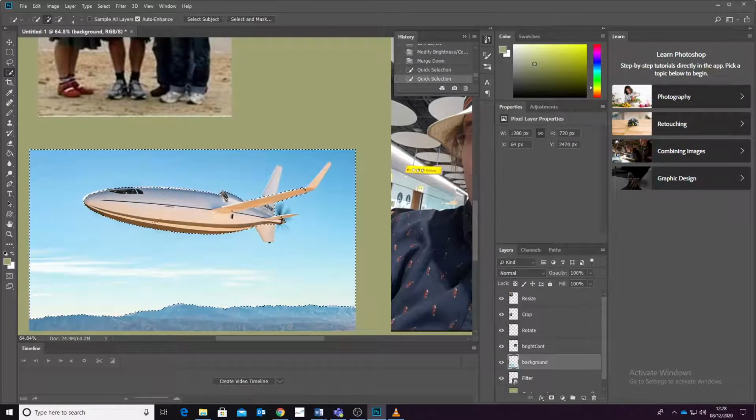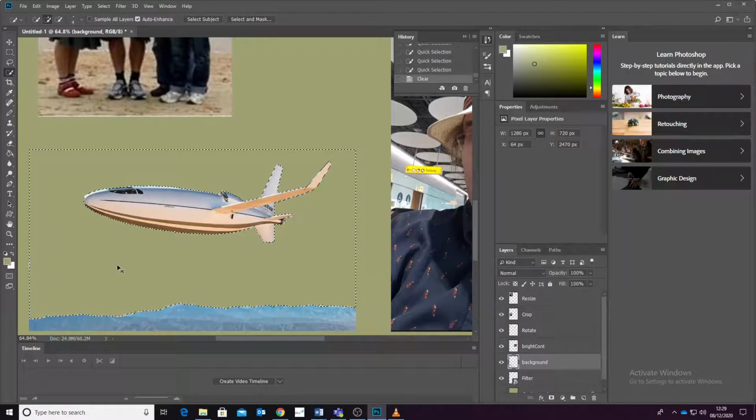What I can do is if I hold down the Alt key again, the one next to the spacebar, and then go across the areas I definitely want to keep, like the little bit around here, whoops, and then the wings that we unfortunately got cut out, this one too, and this one, and finally this one. You can see now what we've got here is a much better selection of the plane, and what I can do now is just simply hit